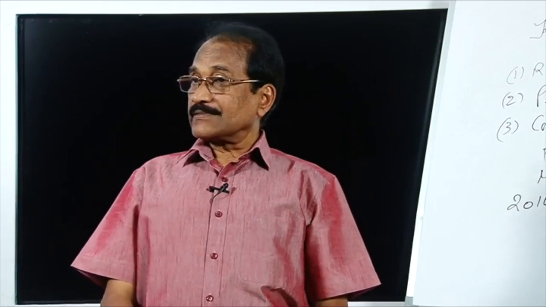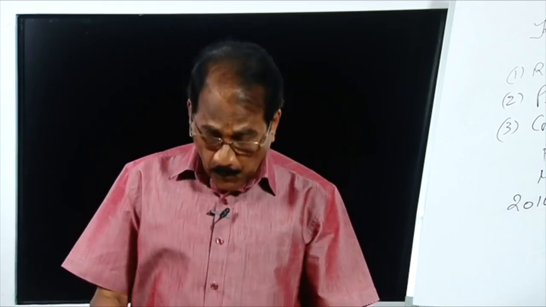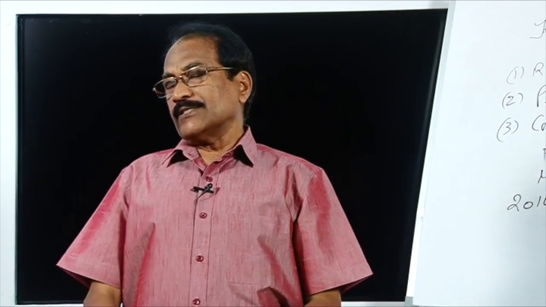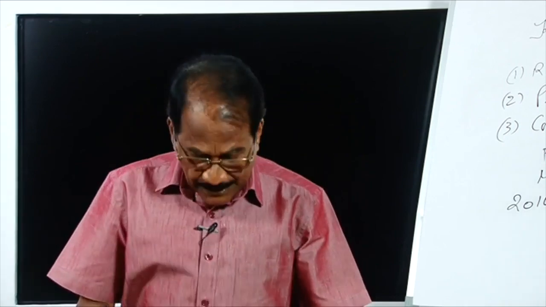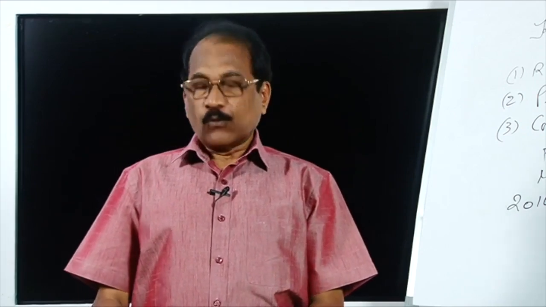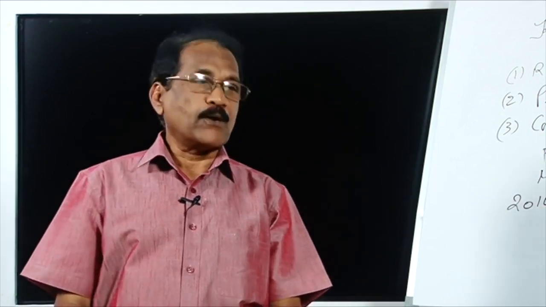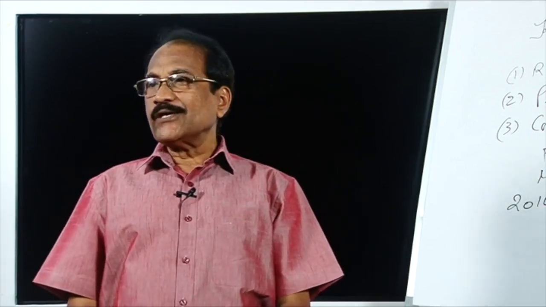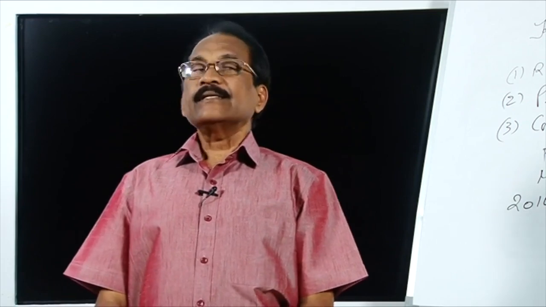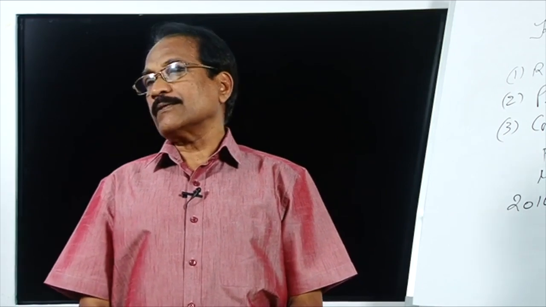Then death rate. When you are taking the mortality rate or death rate, in Kerala it is 6.6 out of 1000 population. Out of 1000 population, annually 6.6 is the mortality rate, whereas overall India it is 7.23 out of 1000 population. In 1000 population during 1 year all over India, we find 7.23 persons dying.